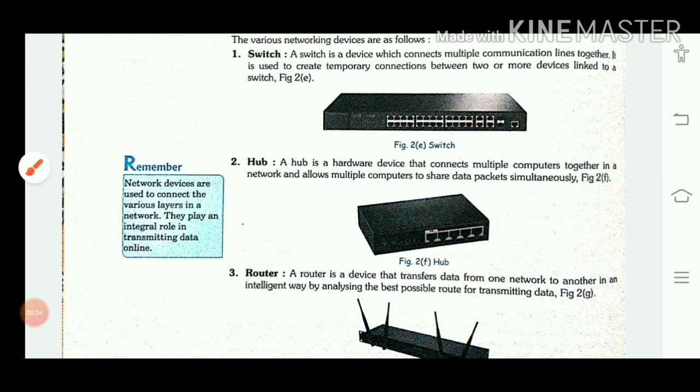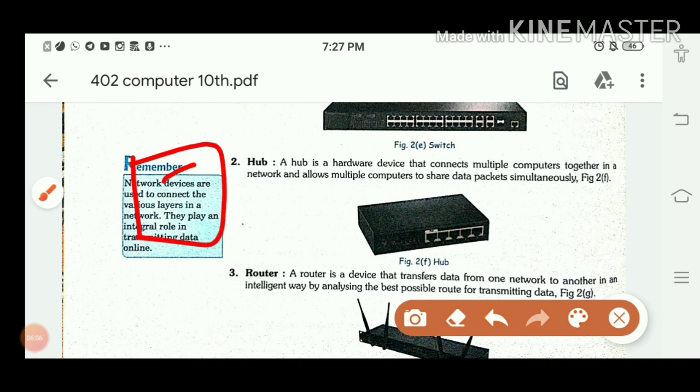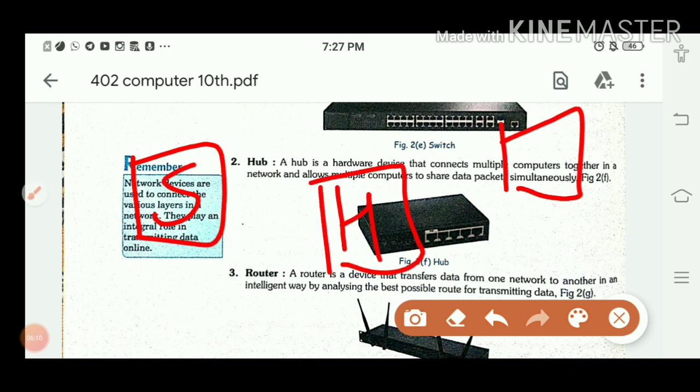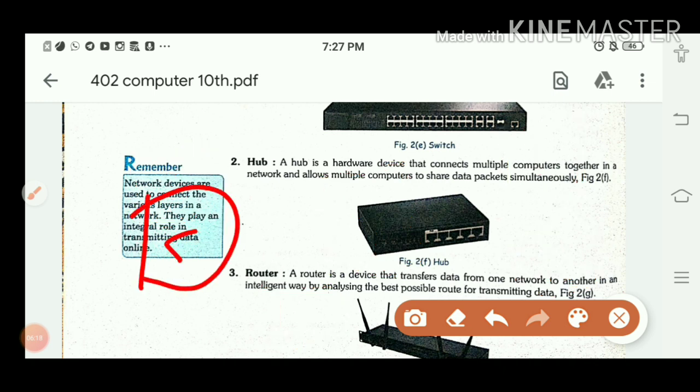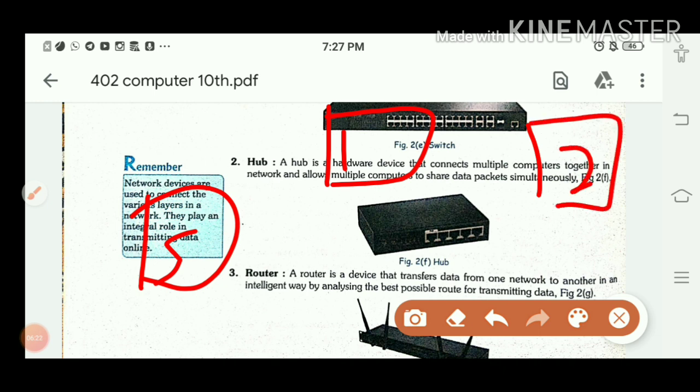So here, same, this one is your server, this one is your hub, and the nodes are connected with this hub. Okay, and this one is again one network. This one is the switch, this one is one node, second node, third node, and all the nodes are connected with this hub.